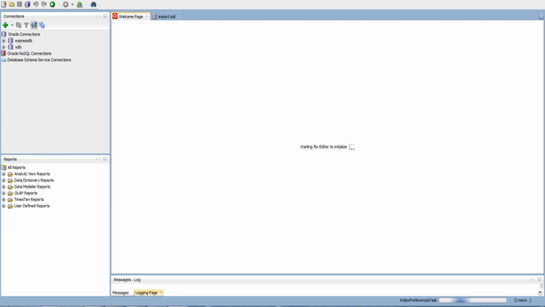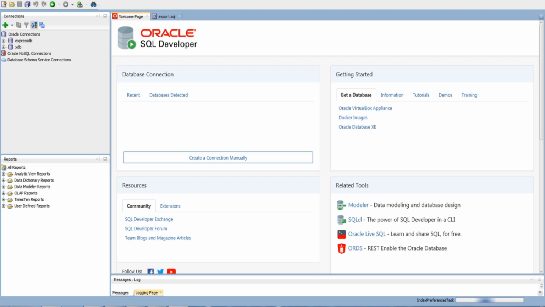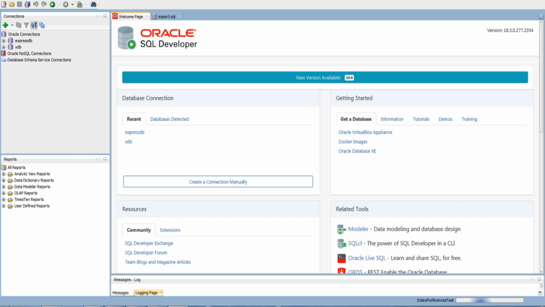It's loading your welcome page. Done. You can see the database connections we recently connected to.